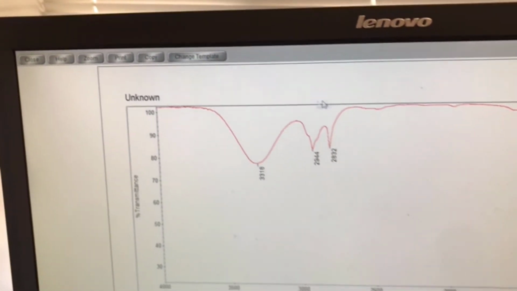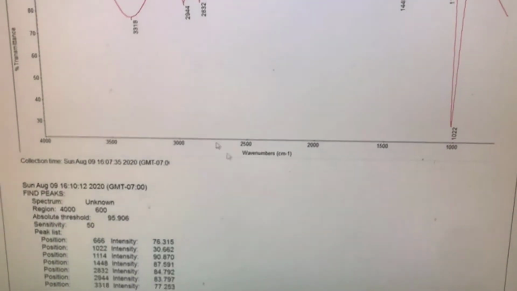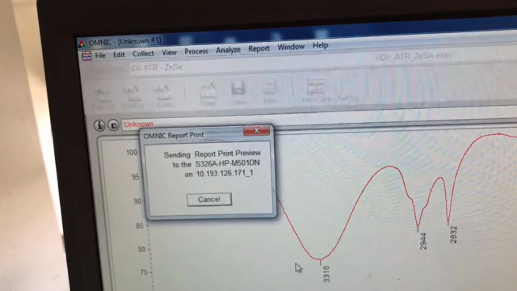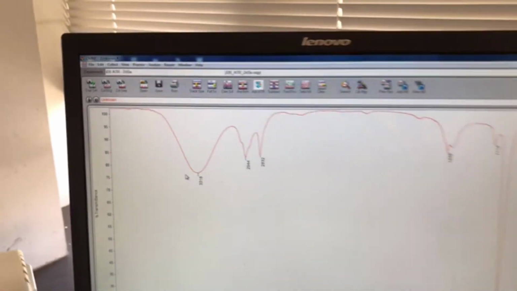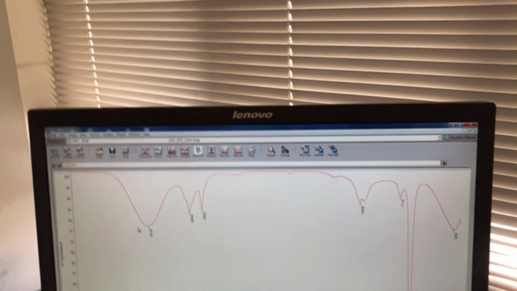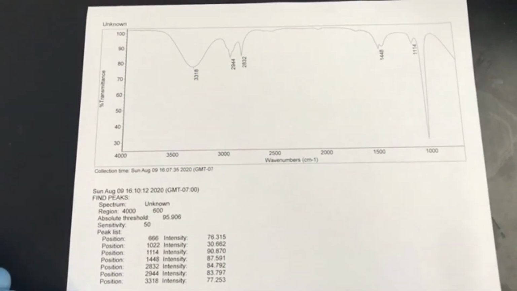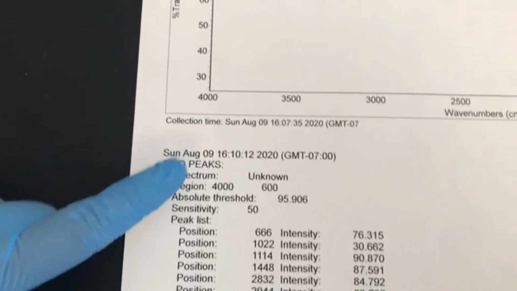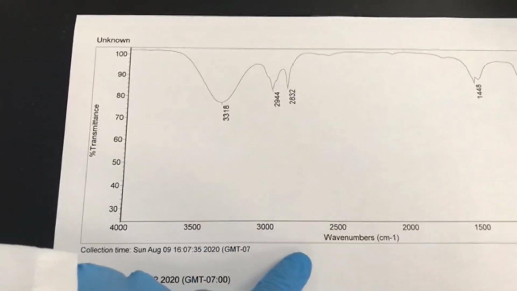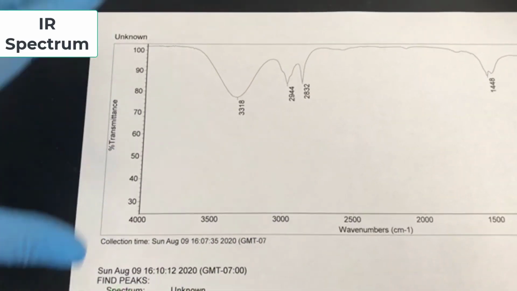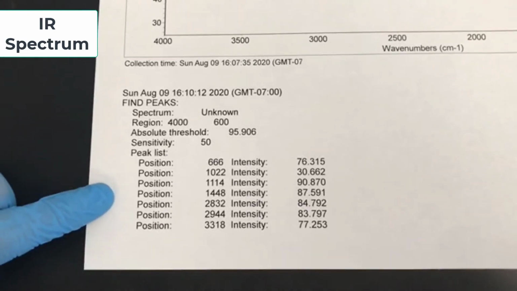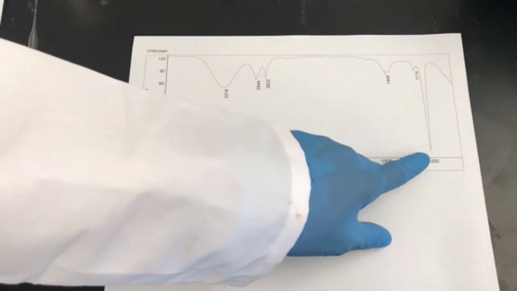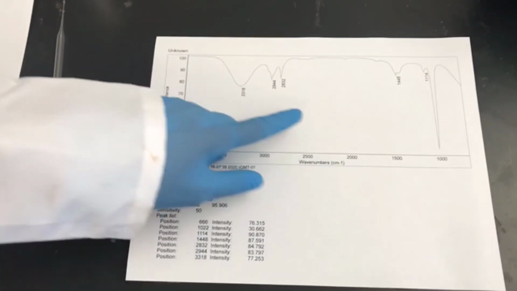So this is basically your IR report for this particular sample, and then just hit print, it goes to the printer and you will get a print. So this is the printout of your spectrum. You can see I have labeled it as unknown. So here is the name. And then this is basically the graph between percent transmittance and wave number. So this is your IR spectrum, complete thing. And here are the details regarding the position of the peak, where it appears in the spectrum, and what is the intensity. For example, this peak is really sharp and others are not.